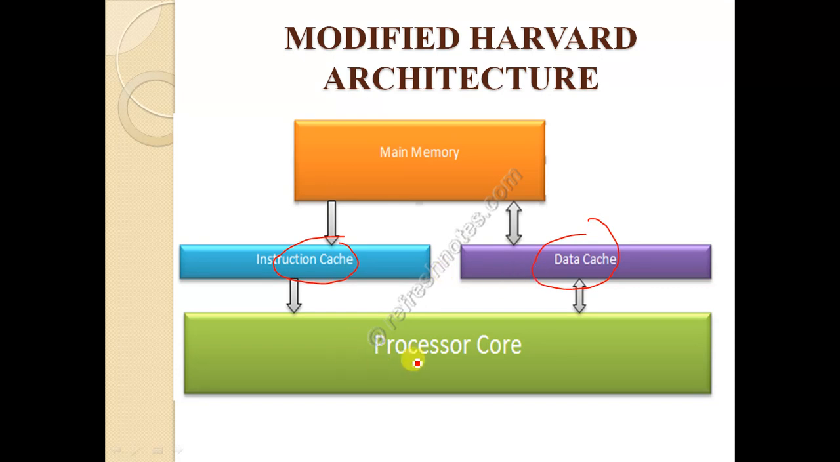So again, modified Harvard architecture is different from von Neumann architecture because in von Neumann architecture there is a single memory which consists of instruction and data, whereas in Harvard architecture there is a different instruction memory and data memory, and in modified Harvard architecture with different instruction and data